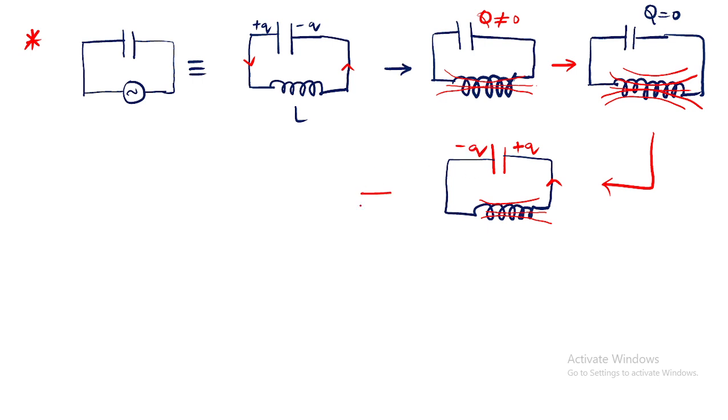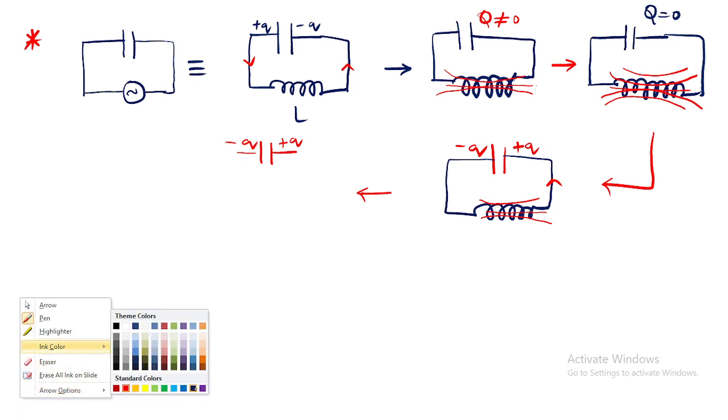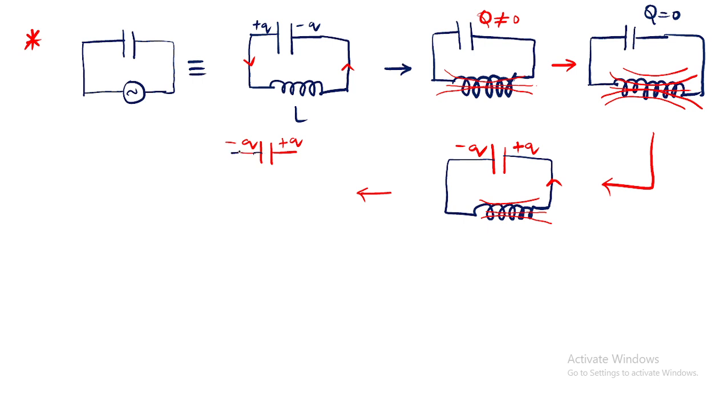Then after some time what happens here? The capacitor completely becomes a positive Q and this is a negative Q, and this particular inductor will be left without any energy. Yes or no? Now it is fully filled. Earlier the capacitor lost the charge, given to magnetic. Again magnetic is converting to electrical, and this continuously will happen.